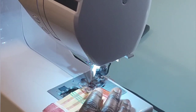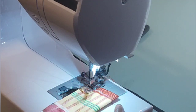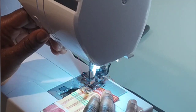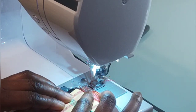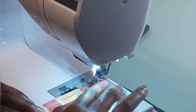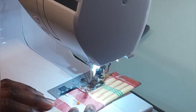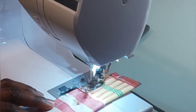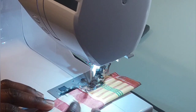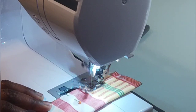So we wind down to make sure that the needle is down. Press on your pedal backwards. Then we go forward. Just take your time. Don't be in a hurry. And when you're using the pedal, just think about it like you're driving a car. When you press on your accelerator, it goes very fast. And when you press it gently, it goes slowly. So that is how it is when you're doing this. When you press on the pedal, you control how fast and how slow you want it to go. So I press it, and